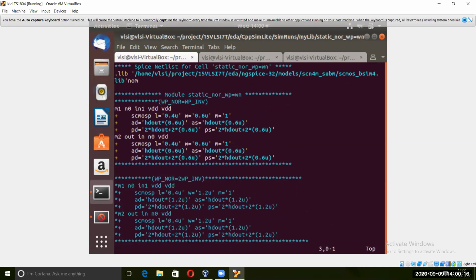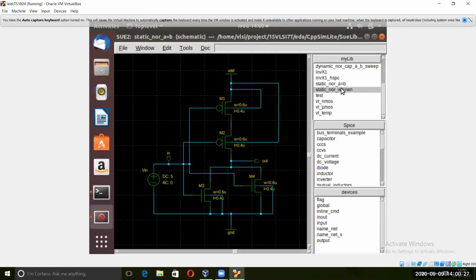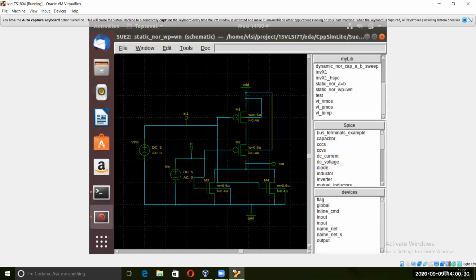Now what we are interested in is keeping one, but I'll show you in the schematic also. If you can follow. This is the schematic for our A and B switching. We have to connect two DC voltage sources here, named A and B. I think this one is A for me and this one is B. In mine, input one is B. Okay, not a problem.